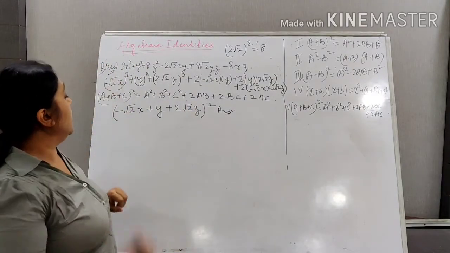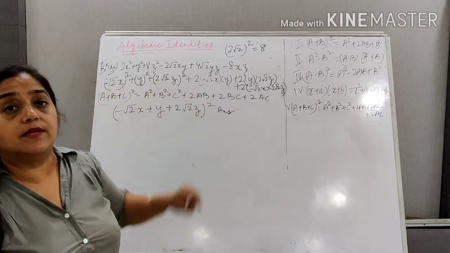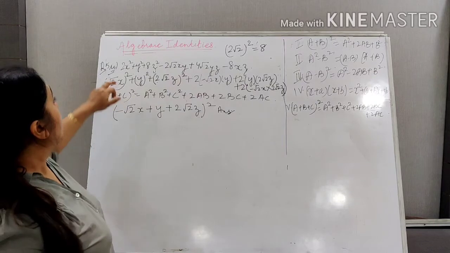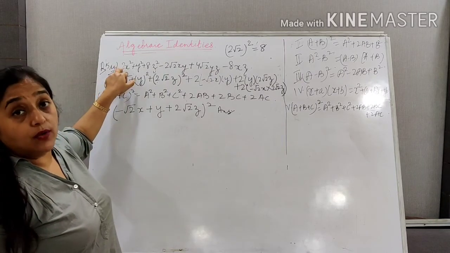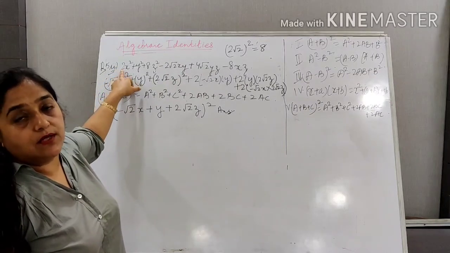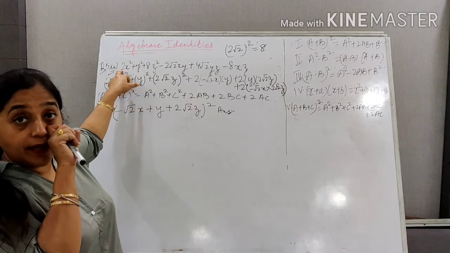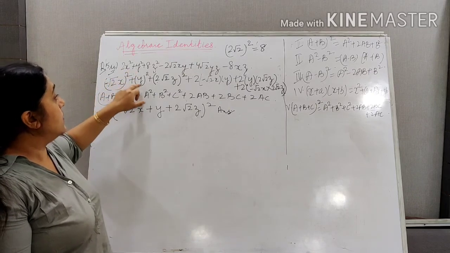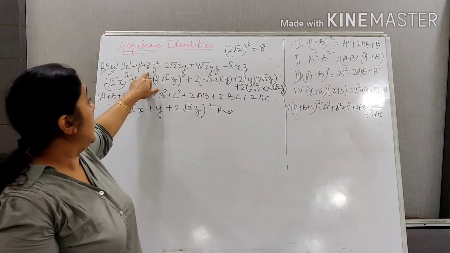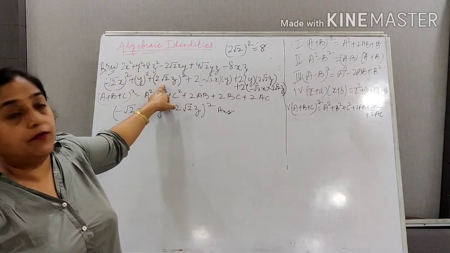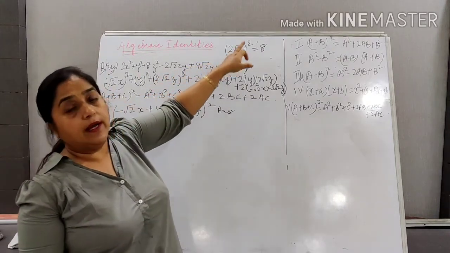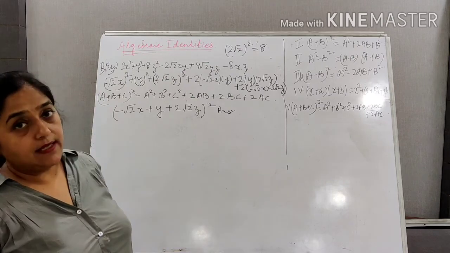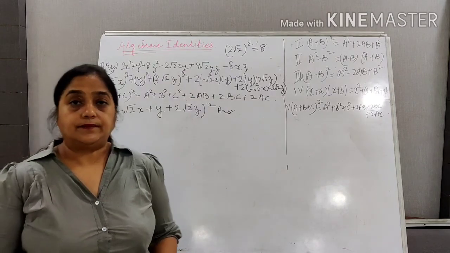Now I have to think about it कि जो first 3 terms है मुझे उनको whole square बनाना है. First, second and third term. First term was 2x square. 2 किसका whole square है? 2 is not a perfect square, so it must be the whole square of some irrational number. What is that irrational number? Root 2. Y square I have written as it is. 8 I have written. 8 is the square of 2 root 2. 2 root 2 को अगर आप square करेंगे, irrational numbers में you have studied, so that becomes 8, and then you can do this question. Got it?